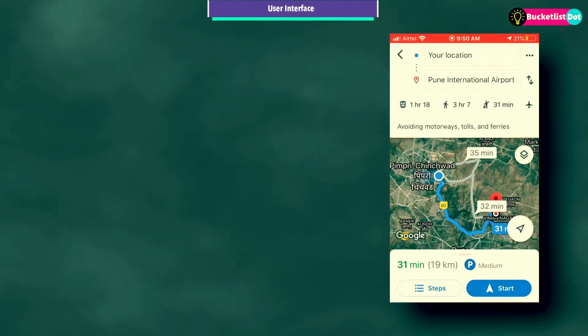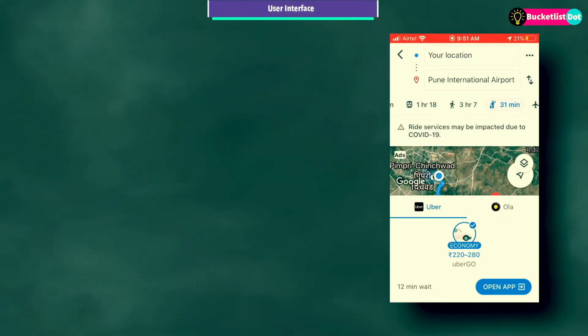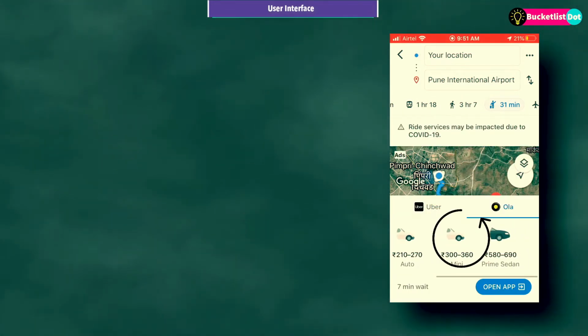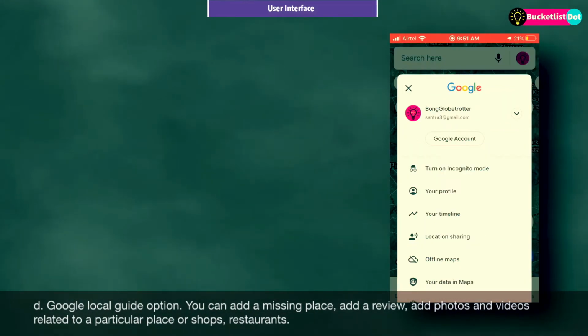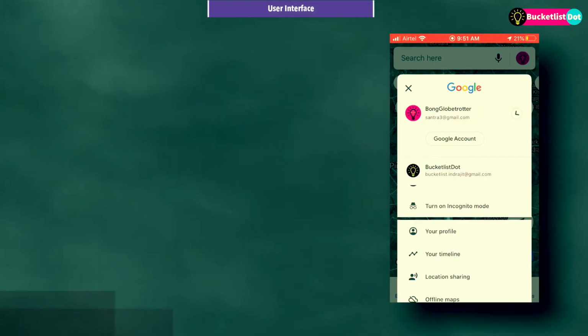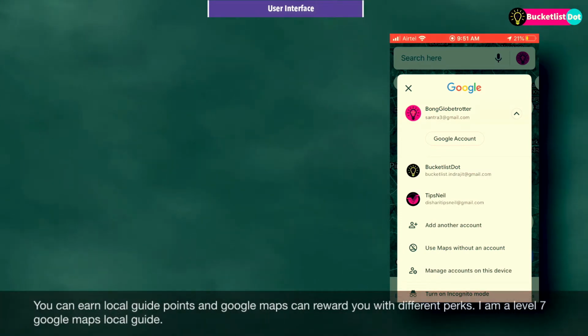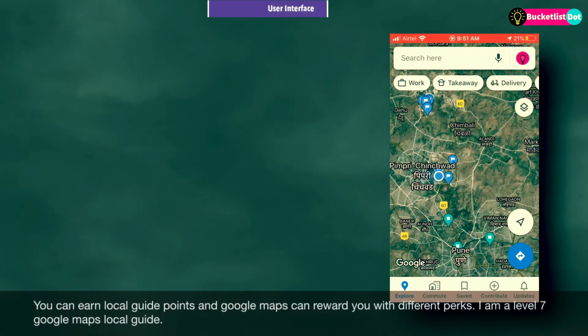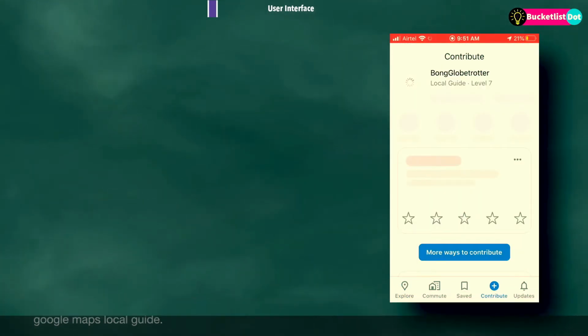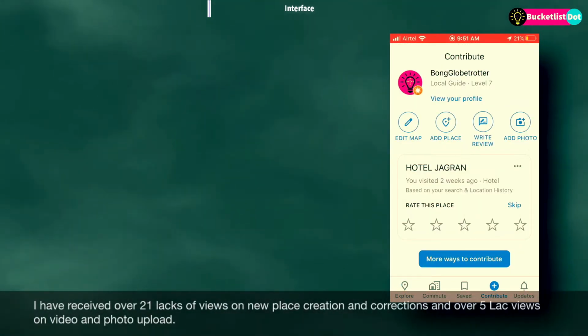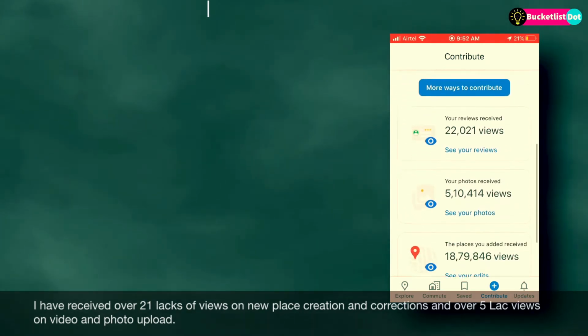Google Local Guide option. You can add a missing place, add a review, add photos and videos related to a particular place or shop or restaurant. You can earn local guide points and Google Maps can reward you with different perks. I am a level 7 local guide. I have received over 21 lakhs of views on place creation and corrections and over 5 lakhs of views on